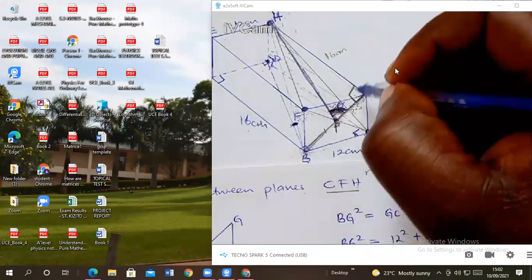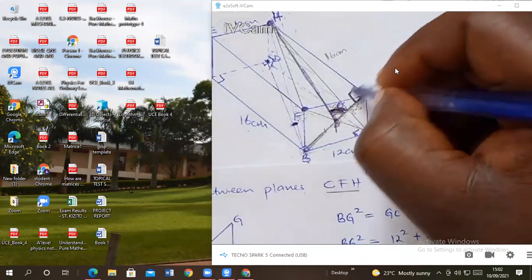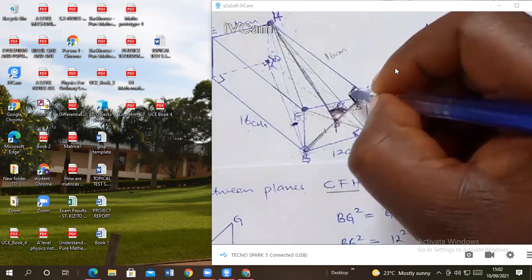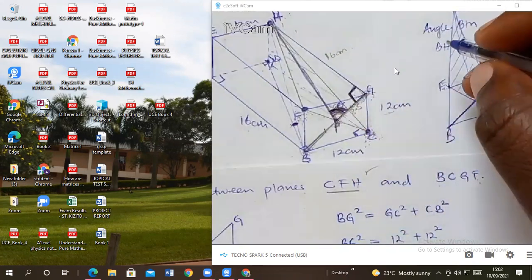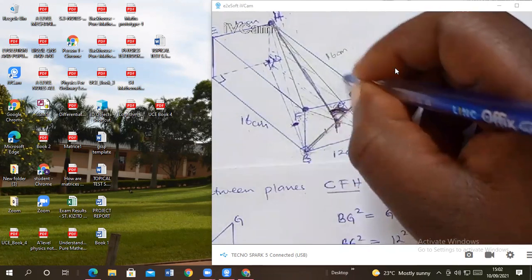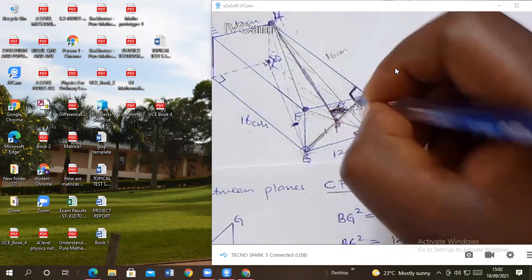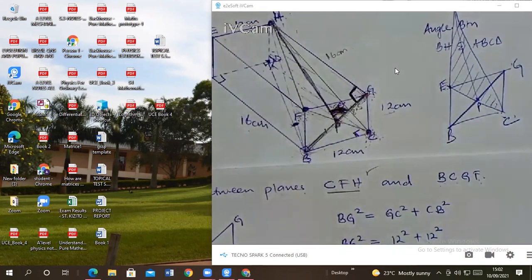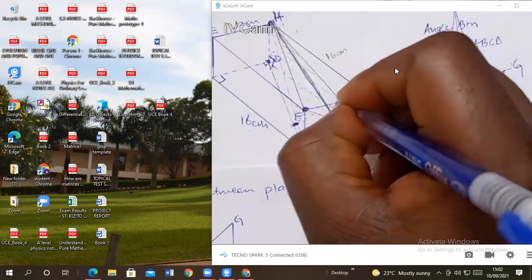So now you should know that here it is 90 degrees. This line and this line here, they meet at 90 degrees. So we have to get this angle theta